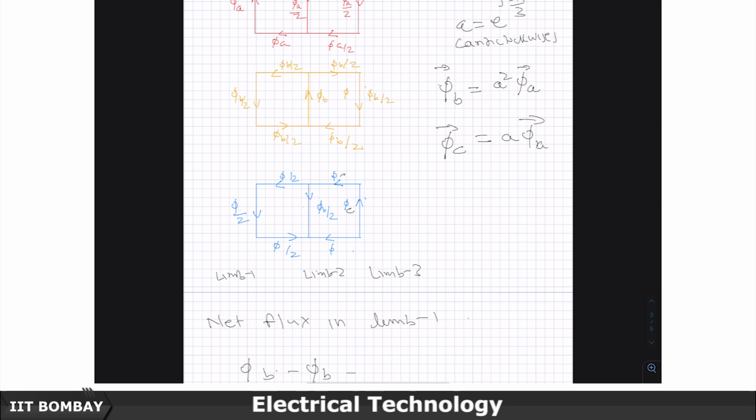A, B, C, so this is phi C, this will become phi C by 2,